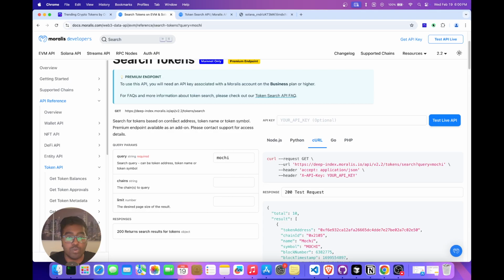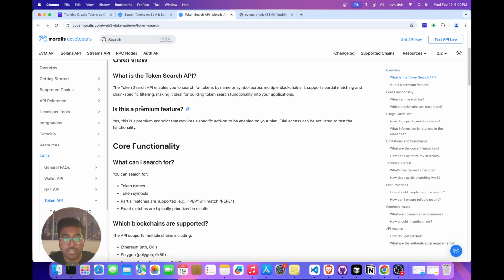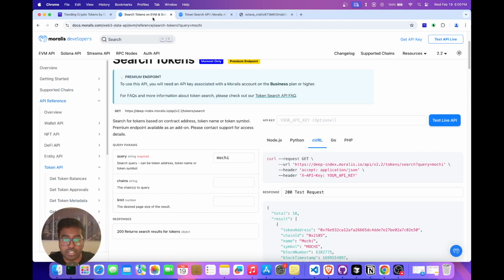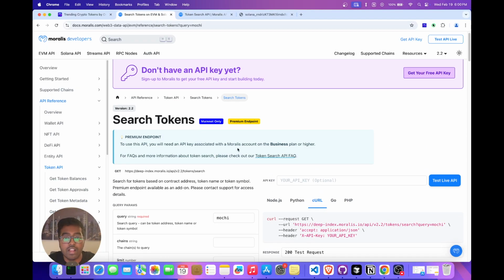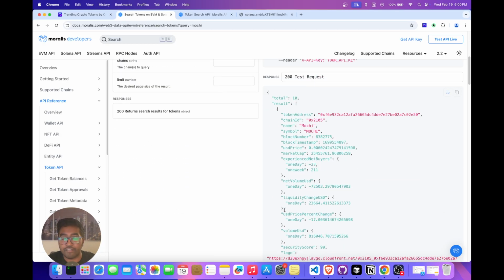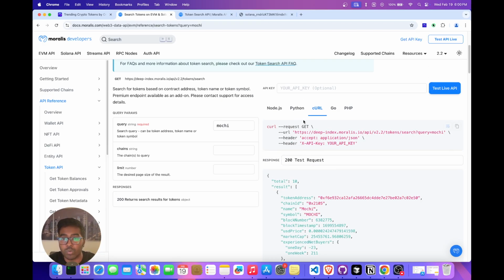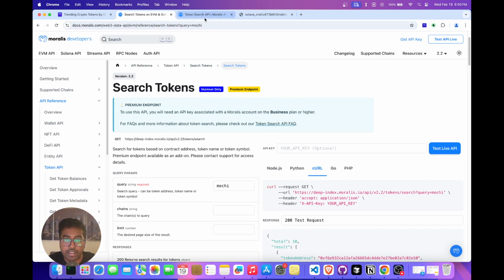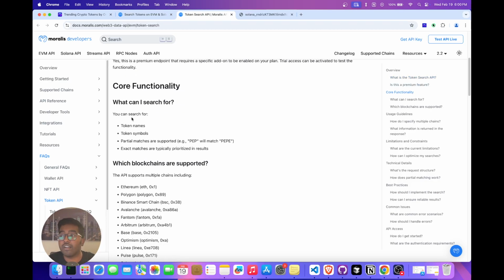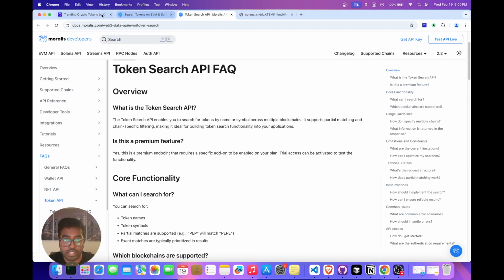And coming to the frequently asked questions, more information, I'm going to show you this right here. So this is basically a premium feature which is required to be enabled on your account. So you need an API key associated with a Moralis account on the business plan or higher. But if you wanted to just test the API and see how it works, you can do it straight from the docs. And coming to what you can use this for, if you're building a DEX terminal or a wallet tracker, wherever you're showing a huge number of tokens and you are thinking of building this search from the ground up, you can just integrate this API to get instant access to all of the token database